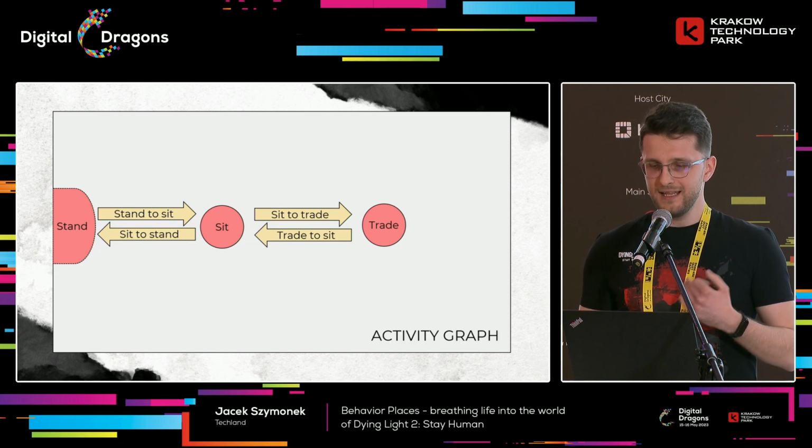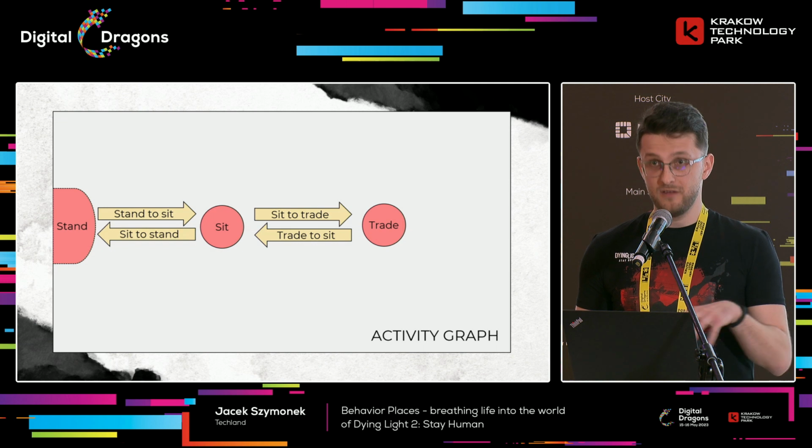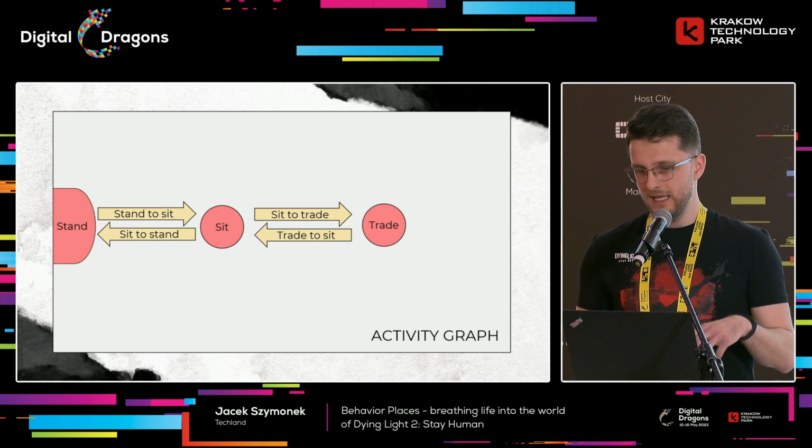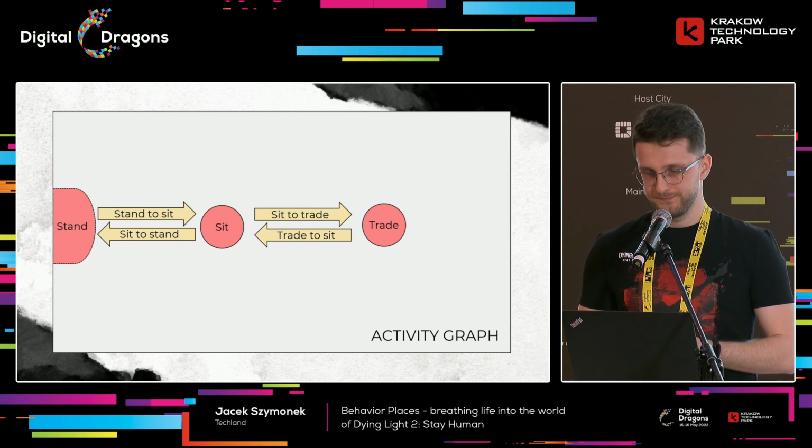As you can see, our configuration can be represented by another type of graph, which we call the activity graph. In here, every element represents a dedicated animation. The activity animations are represented as graph states in red, and transition animations, as well as graph transitions, these are the yellow arrows. These activity graphs are part of the behavior place definition. They are created by the animators.